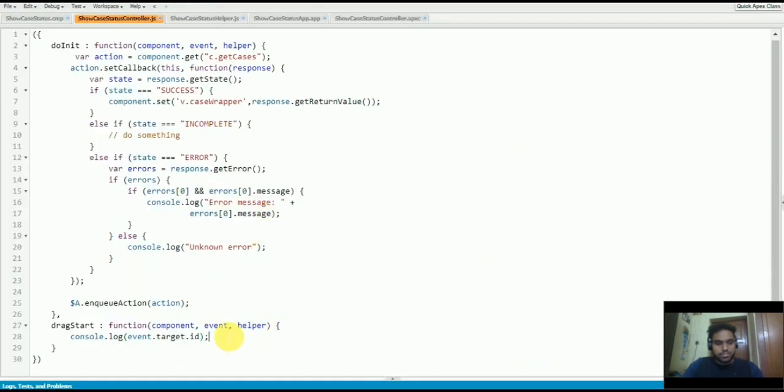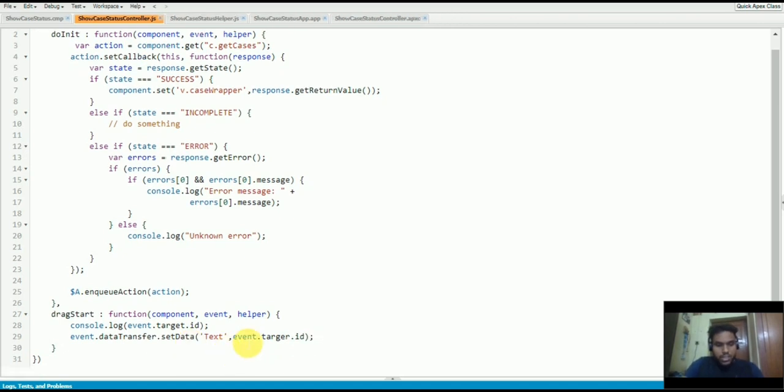I'll go back to my controller here. Here I'm going to do event.dataTransfer.setData with the type text, and we have to set the record ID of the case, which is event.target.id.